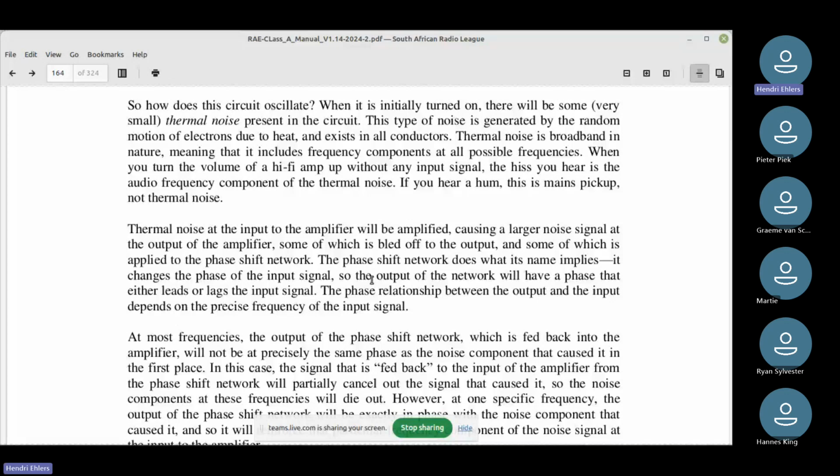And then the desired frequencies of that tuned circuit will get bigger and bigger. The terminal noise at the input to an amplifier will amplify, causing the larger noise signal at the output of the amplifier, some of which is bled off into output.